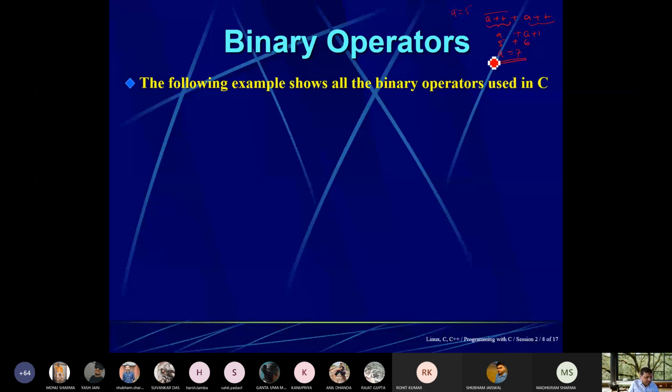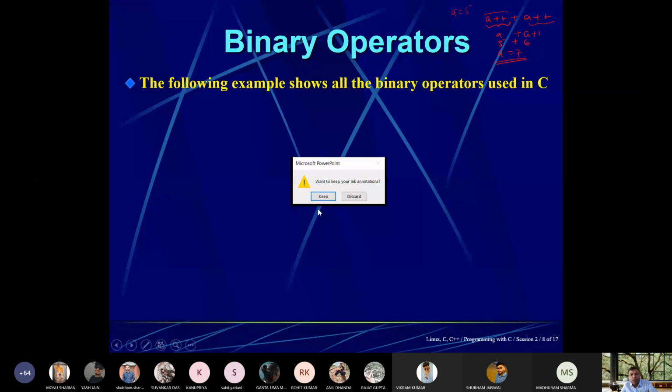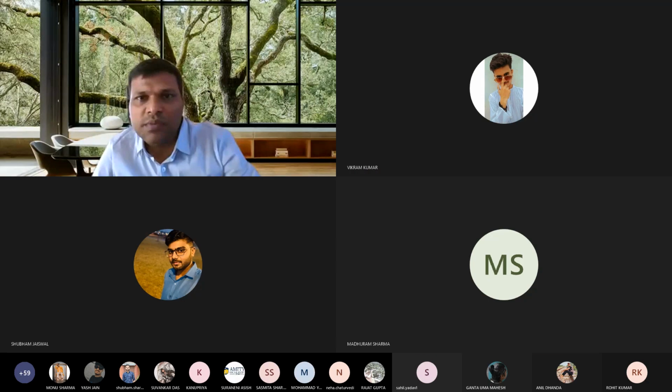Or is it a bit complicated? Sir, I have a doubt. Huh? So what is the increment? Increment means whatever value is given, if you put ++, it will always be incremented by 1. Suppose 9 is given to a value. So let me show you increment and other values also.